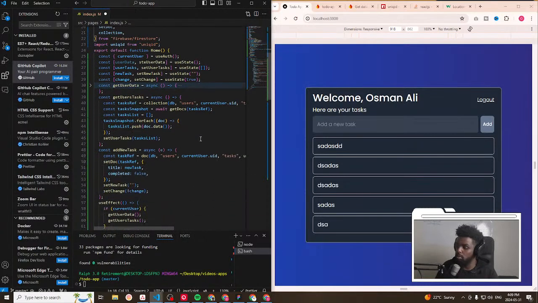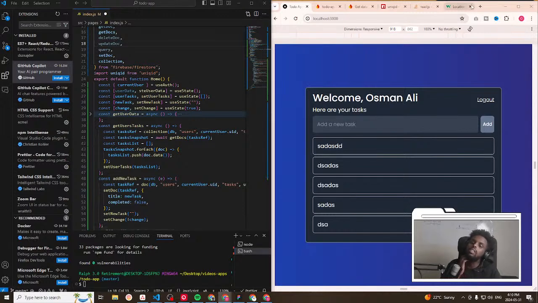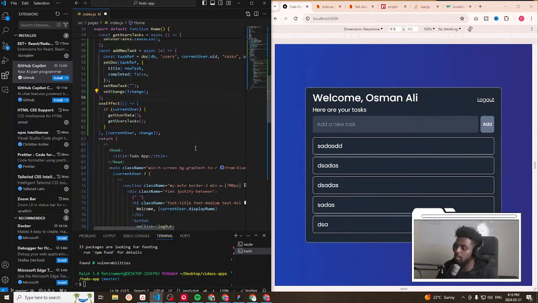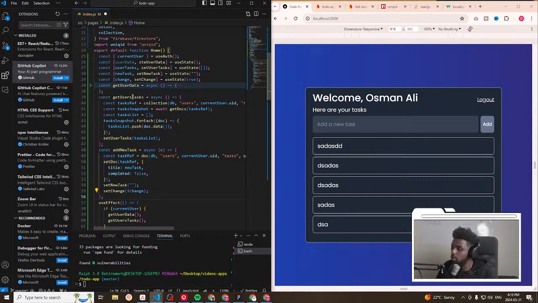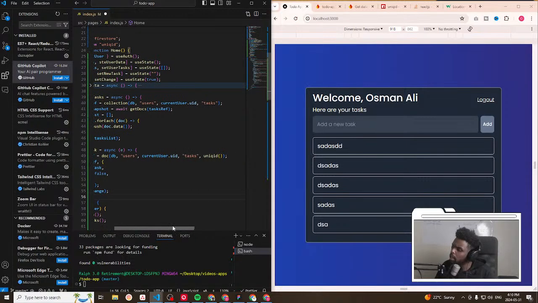So now I need 2 icons, one a trash bin and another one. Wait, have I done the completed task yet? No, I haven't. So completing a task. Oh, wait, hold up. I'm going to need 2 tabs here. So get users, tasks, and